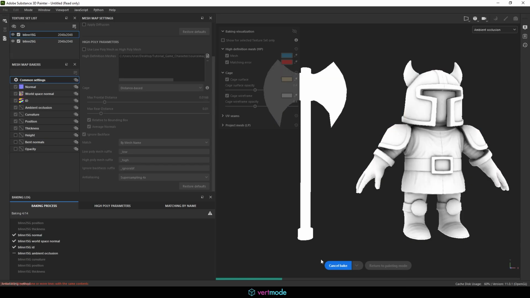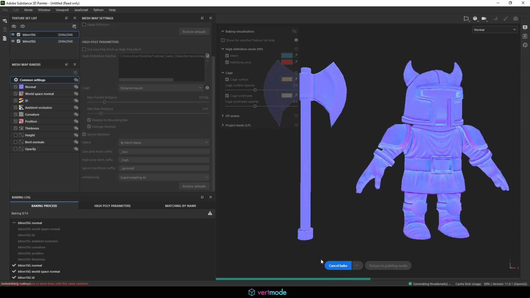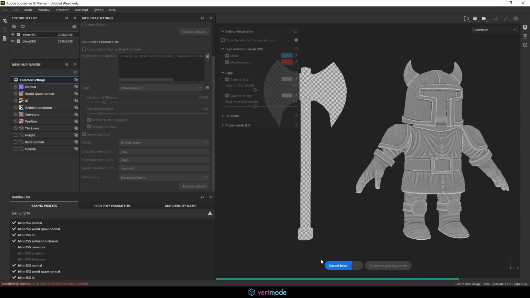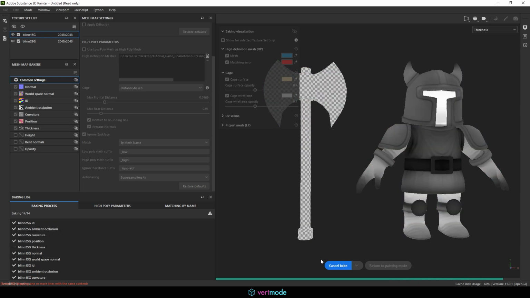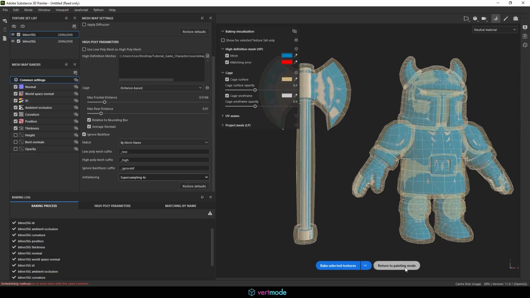We could also export these at a low resolution too, if we don't feel like doing a whole lot of editing, because remember, what we see in Substance Painter isn't necessarily accurate to what we're going to be seeing in Maya. The other thing to be mindful of with the axe is we might not even have an issue if it's exporting differently. So let's go ahead and return to painting mode here, and just to show you the power